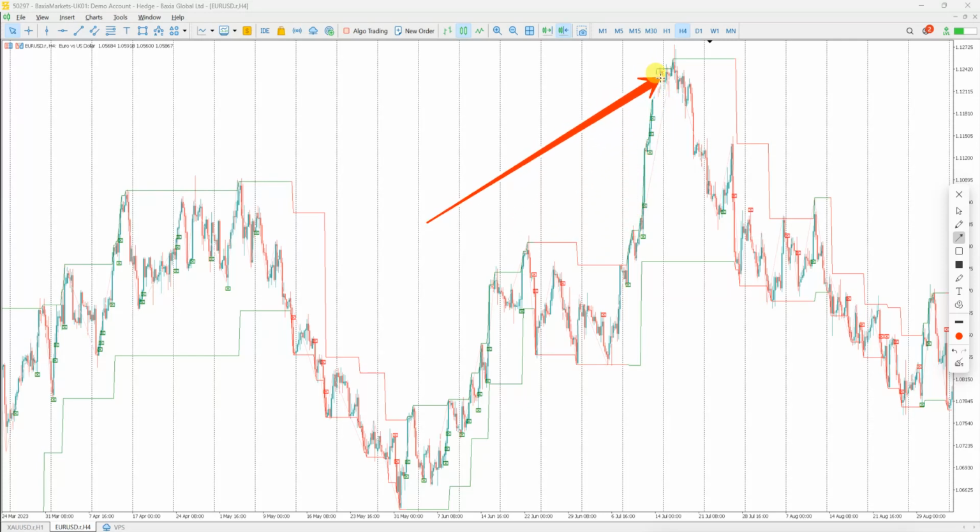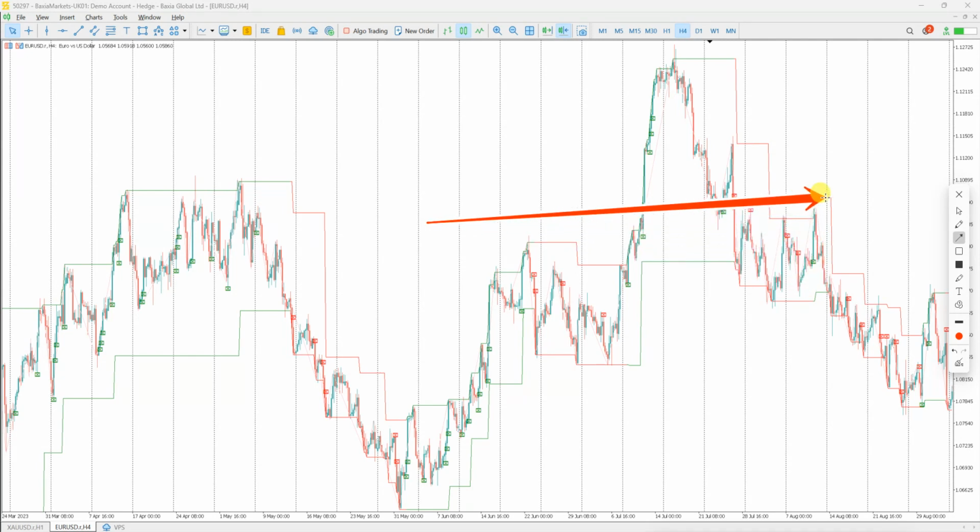And then we have a break of structure. And then here, it failed to make a swing high. Instead, it made a change of character, correction, break of structure, correction, fail to make a swing low, change of character, and then change of character, right? Here, a bullish change of character, and then followed by a bearish change of character